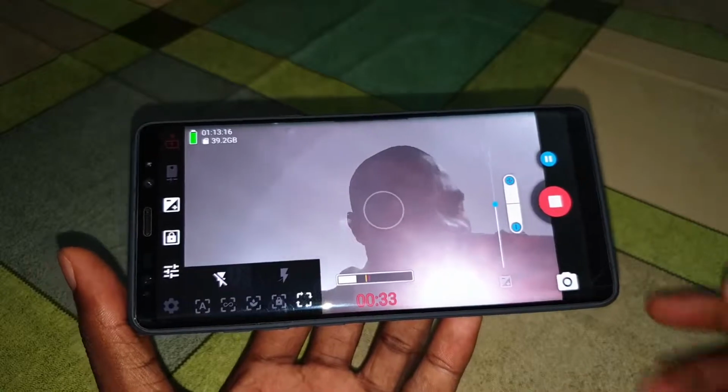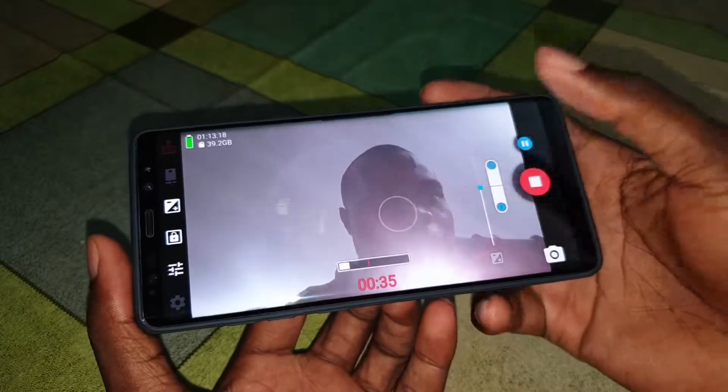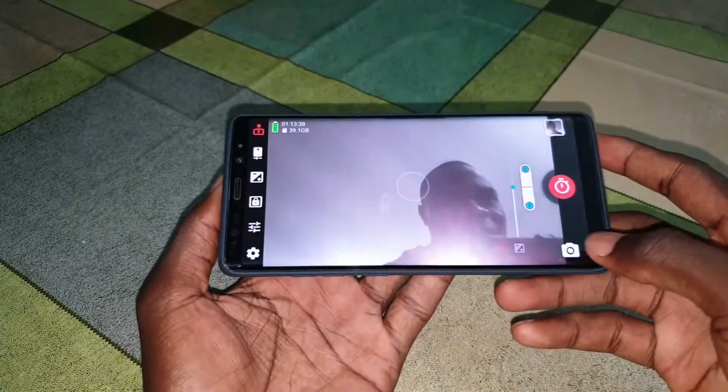Okay, before I do it, let me record a beautiful quality selfie. Let me show you. Hello, how are you? HDR. What is this? Okay. Nice. Okay, I'll click on stop.